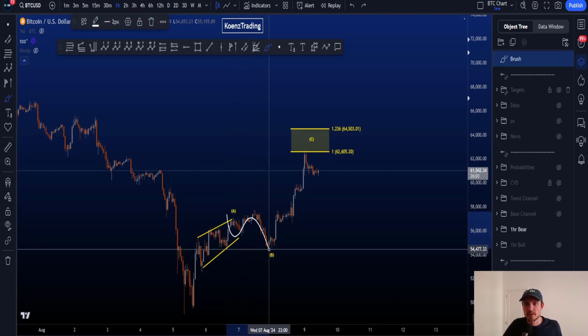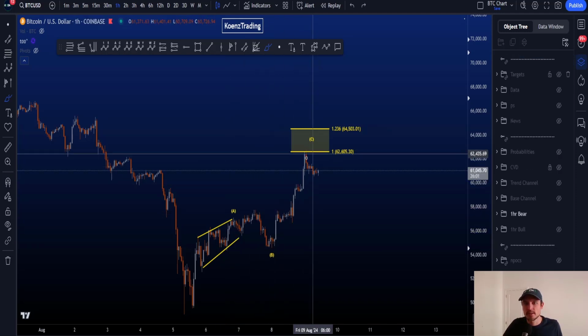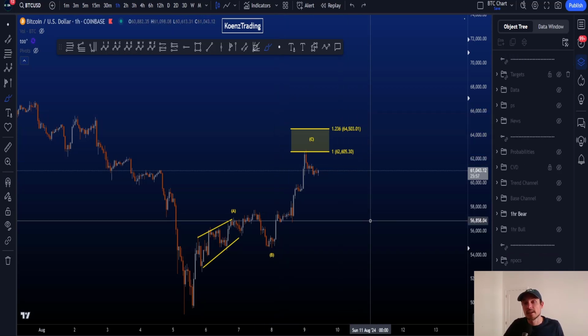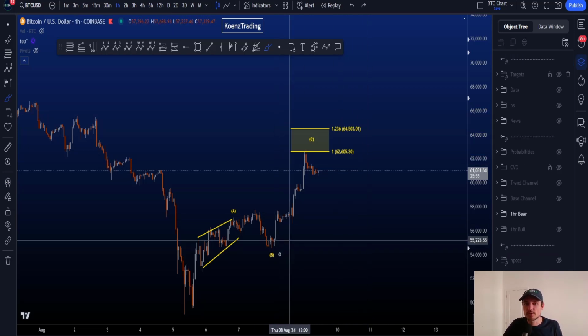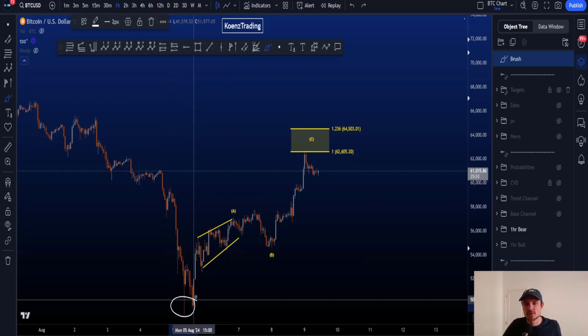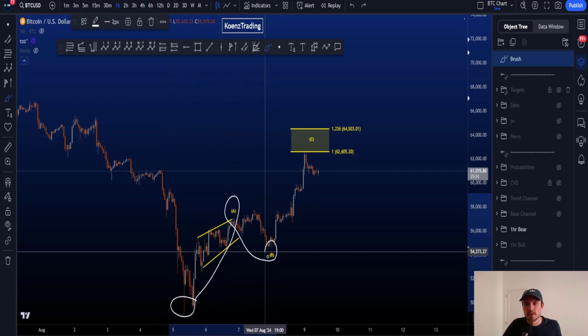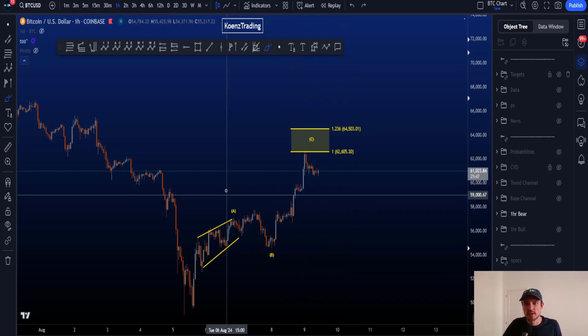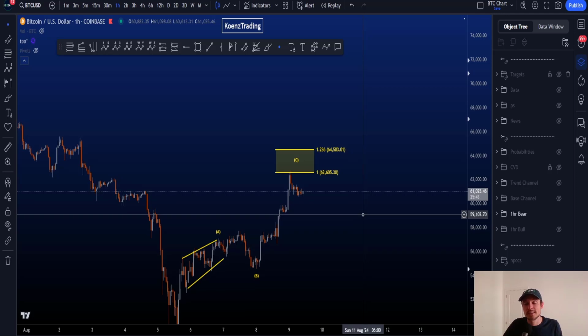The bearish scenario is a 3-wave structure to the upside, labeled as a finished wave A, also a leading diagonal, finished wave B, and then a 5-wave C to the upside, where the most common target for your wave C is between the 1 and the 1.236 trend-based fib extension taken from the start to the end of A to the end of B, and at the moment we have hit the 1-to-1 here at 62.6k, with the 1.236 sitting at